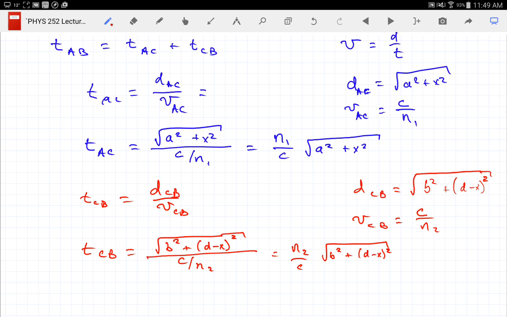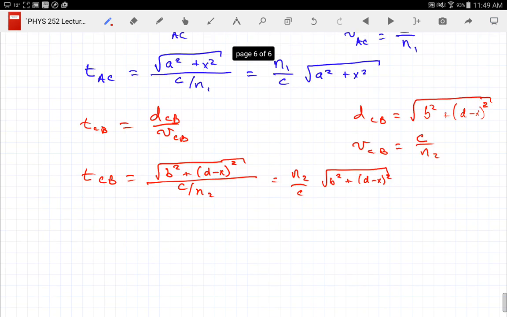So there's my time to go from C to B. So what's the total time for this trip? Well, the total time is just going to be